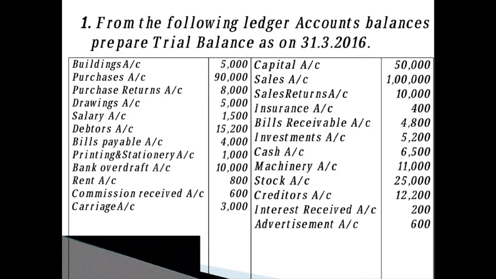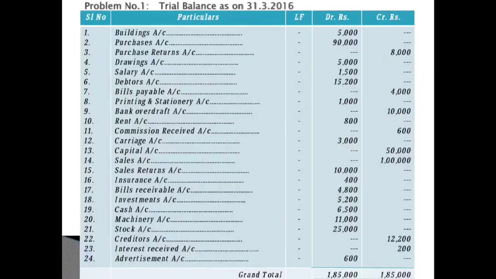Okay, next you have the salary account, rupees 1,500. Now they have given salary. Salary means again an expense for us. It is not an income. Salary received means it is income. Now it is just a salary, so it is an expense for us, which shows a debit balance. So fifth one, salary account, which we have recorded in the debit column, 1,500 here.